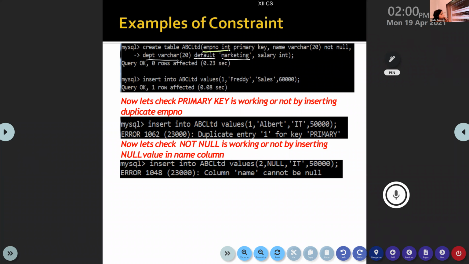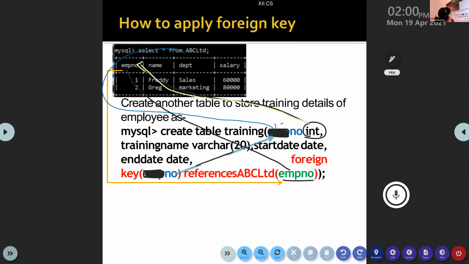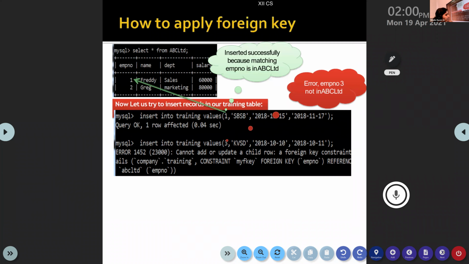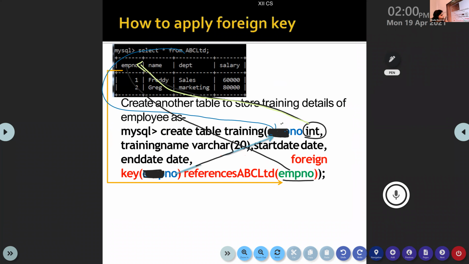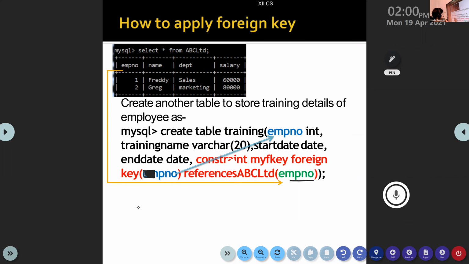Int. Same thing you need to write here also. Clear? This is how you need to write a foreign key constraint. Not that simple compared to the other constraints. That is the only difference. Finish writing?